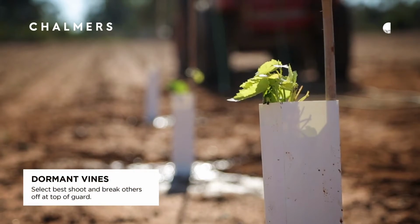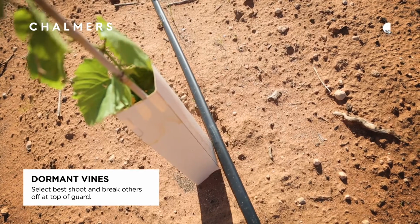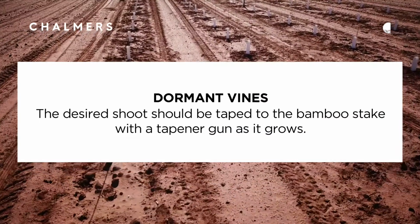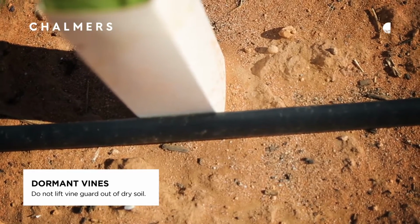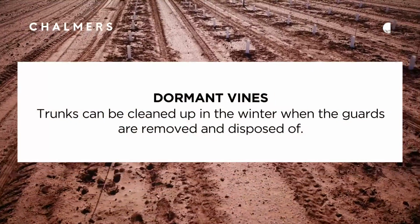There may be multiple shoots emerge from the vine guard. Just select the best shoot and break the others off at the top of the guard during your training passes. The desired shoot should be taped to the bamboo stake with a tapener gun as it grows. Do not lift the vine guard out of the soil, as it cannot be replaced into the dry soil, and trunks can be cleaned up in the winter when the guards are